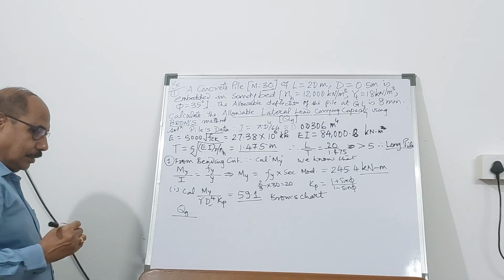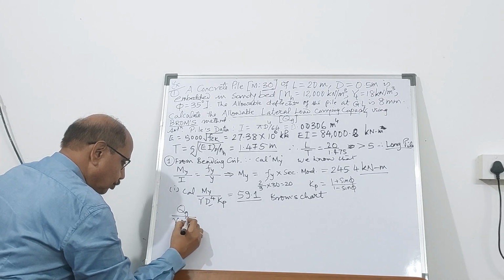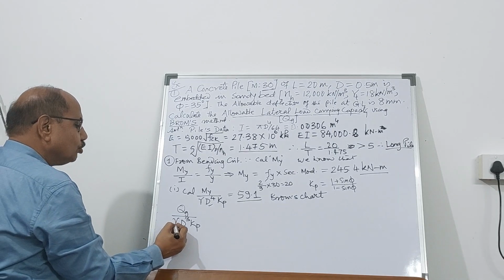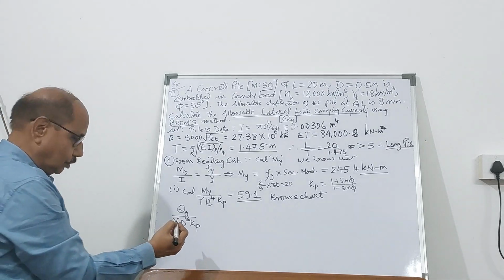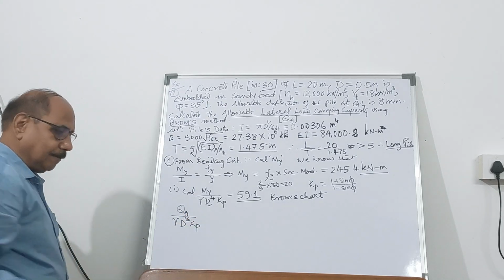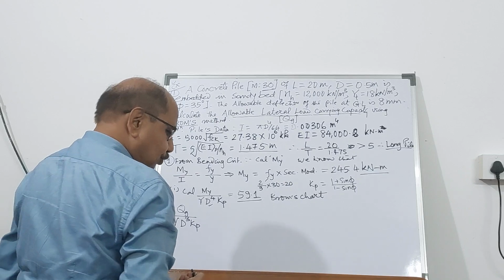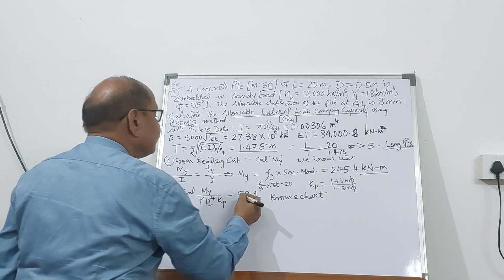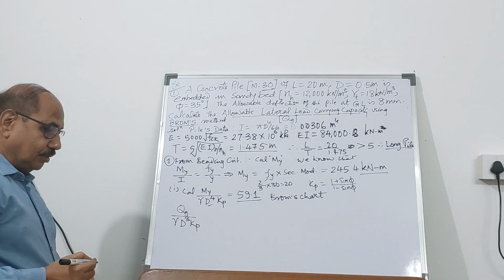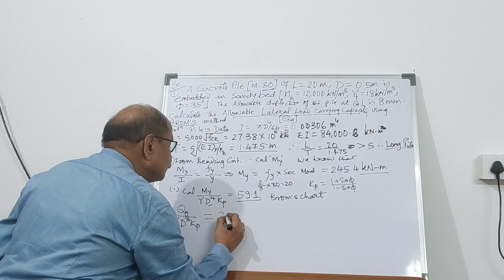upon gamma d^4 Kp, a dimensionless quantity, kilonewton per meter cube into meter cube. So it becomes kilonewton into Kp. So this value, if you read from the chart for 59.1, you will have e by d also. So this comes out to be approximately